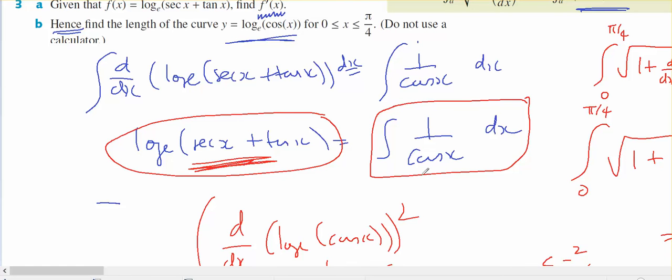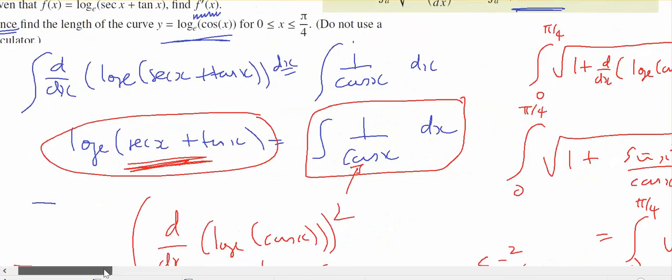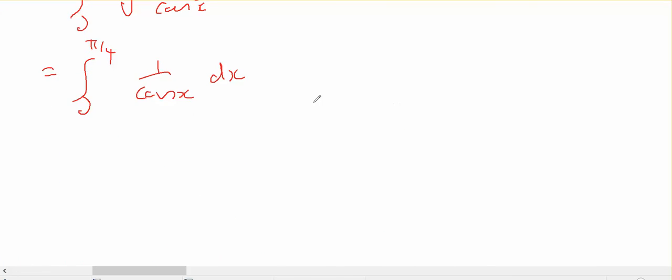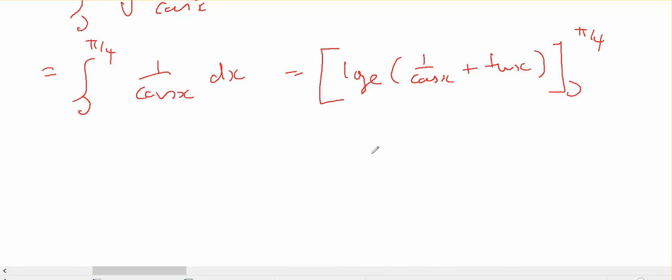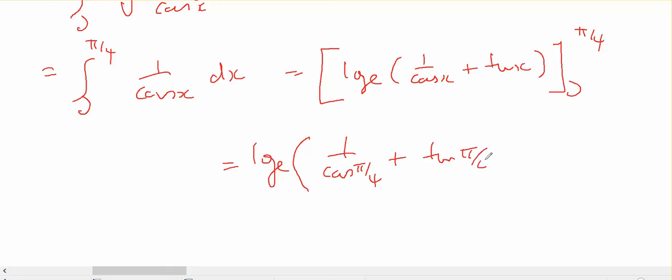Therefore I can use this for that integral, and I have equal to log base e of 1 on cos, which is sec, plus tan of x from 0 to pi on 4, which will equal log base e of 1 on the cos of pi on 4 plus tan of pi on 4, minus log base e of 1 on the cos of 0 plus the tan of 0,